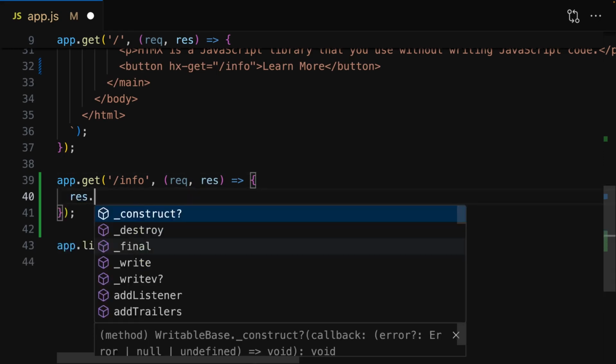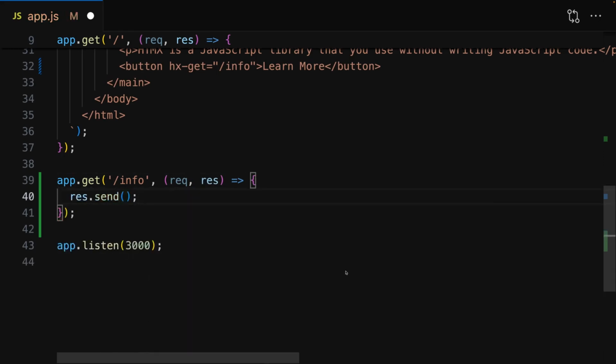And we can use the response object to send back some data. And that's now the really important part when working with HTMX. The data that's returned by that backend must be in the right format for HTMX to understand and handle it. And the right format, the format HTMX expects, is not JSON as you would use it on many other web